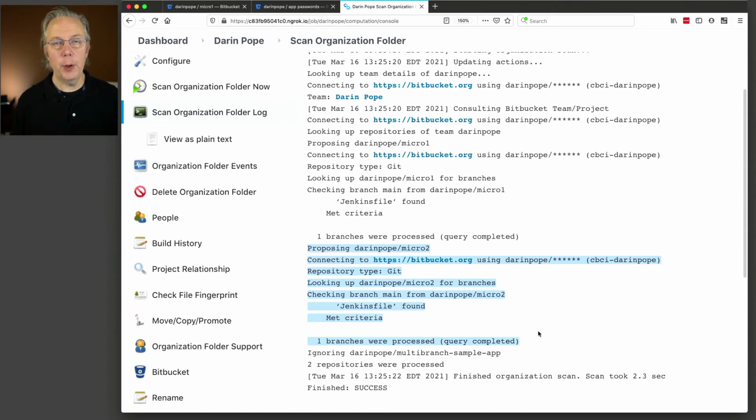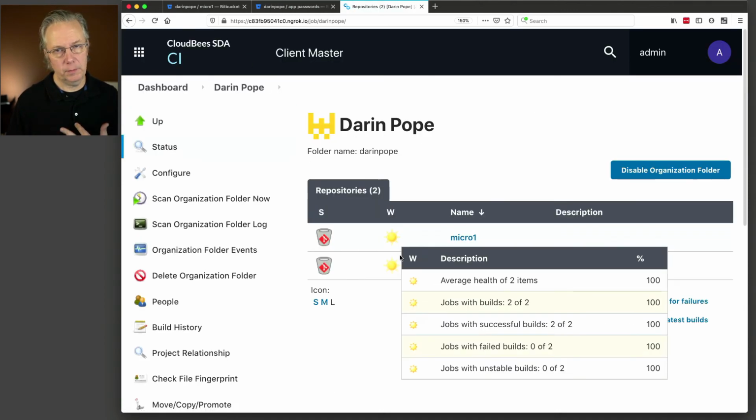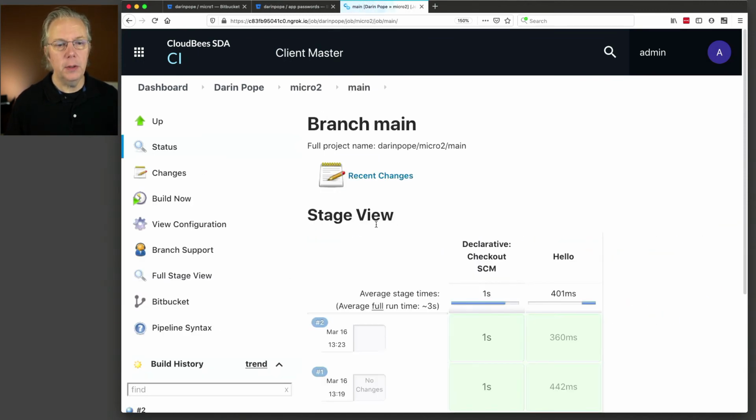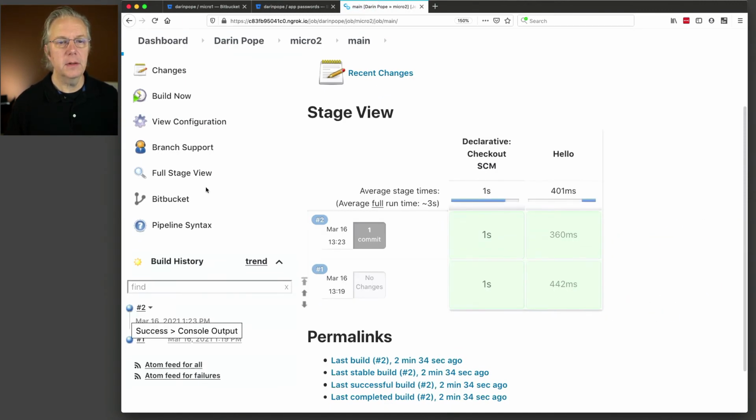Now, since we have both a Jenkinsfile and a Jenkinsfile-M2 in the repository, and our project recognizer order is set up as Jenkinsfile and then Jenkinsfile-M2, what happens when Micro 2 was scanned is it picked up Jenkinsfile, and from this point forward until another scan occurs with a change in project recognizers, Micro 2 now uses